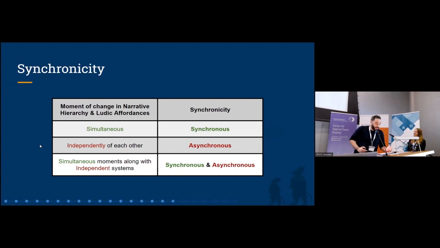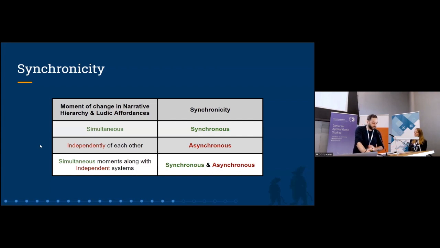Let's move on to synchronicity. Synchronicity examines the moments in the game in which the narrative hierarchy and Ludic Affordances change. Both may change simultaneously or independently. Synchronicity is defined by whether or not those points are shared, such as a change in narrative that leads to